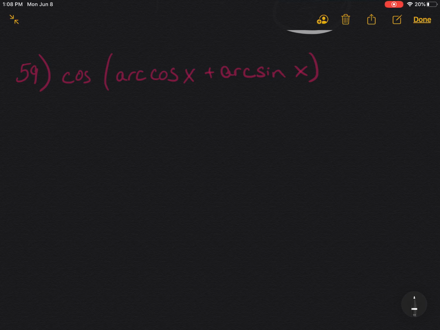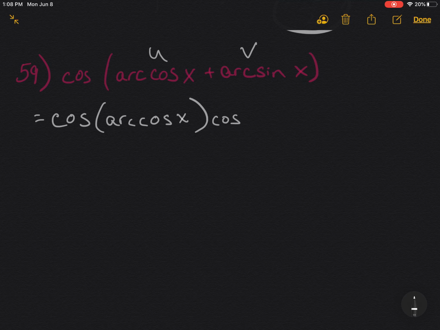This is a little bit difficult and different because we don't have actual values this time. So again, go back to your formulas. This would be u and this would be v. So this is cosine of u plus v. So using the formula, I'm going to plug in these u and v values. So this is going to look like cosine of arc cosine x, and then I'm going to run out of space probably on this line, but it's okay. Cosine of arc sine x,